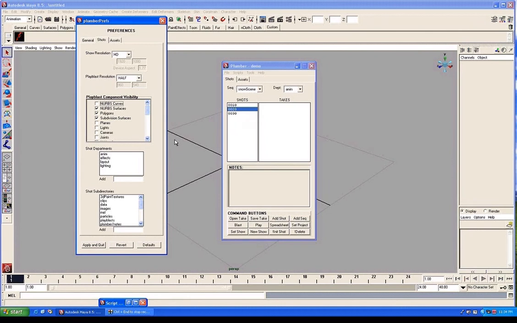You have the shots departments, which is the departments that are here. Now, any changes you make here will only affect shots that you make after invoking this change in the preferences. For example, there's an effects thing here. If I add, I don't know, let's say finaling,